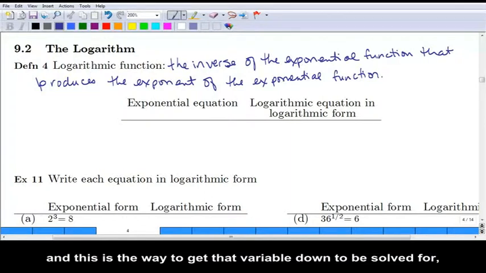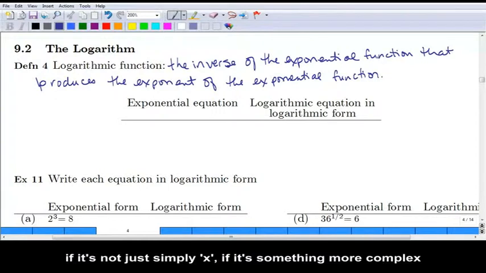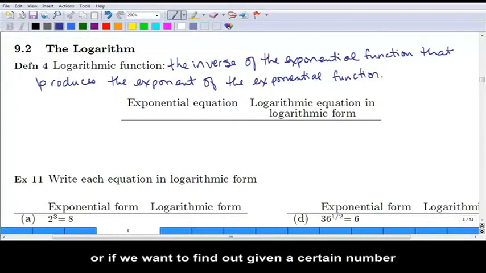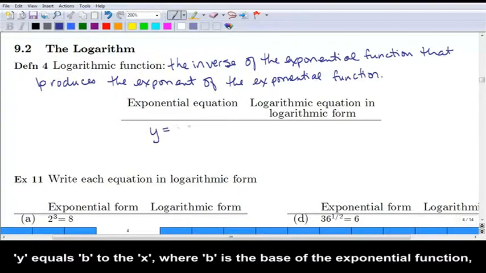variable down to be solved for if it's not just simply x, if it's something more complex, or if we want to find out, given a certain number, what exponent we would have to raise that base to. So again, we're always dealing with bases in this case. If we had an exponential equation such as y equals b to the x, where b is the base